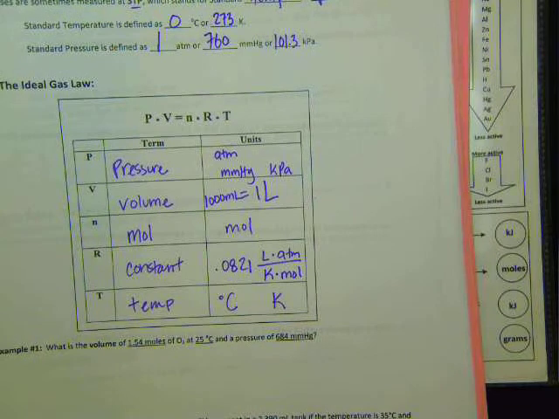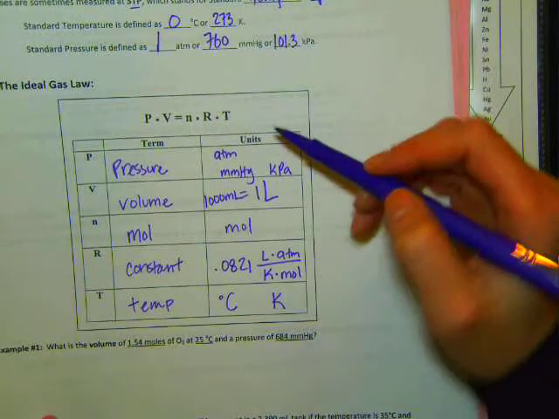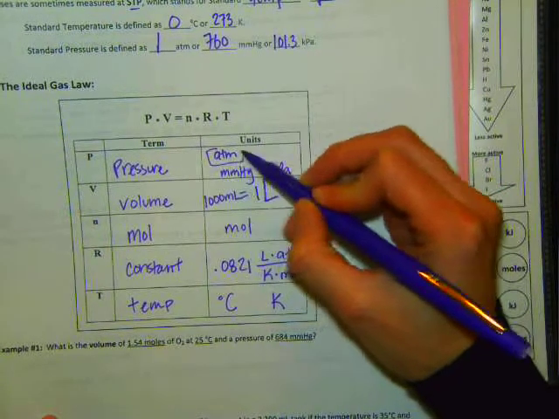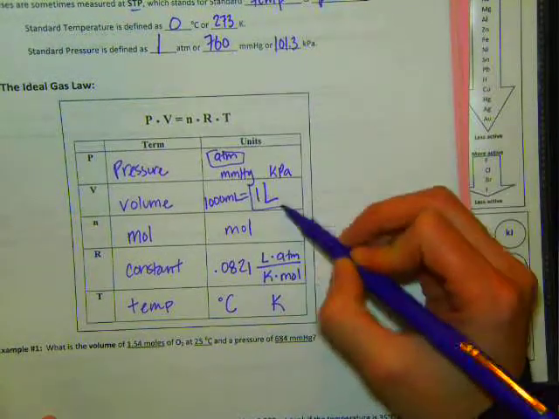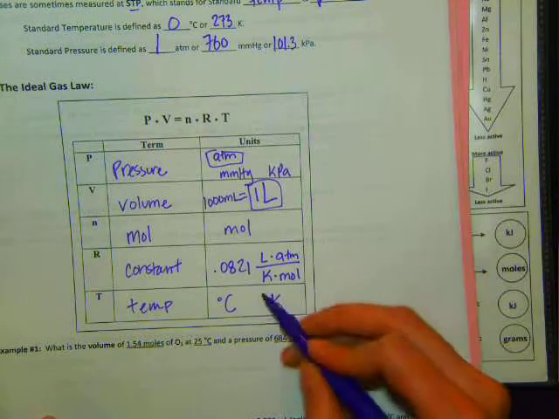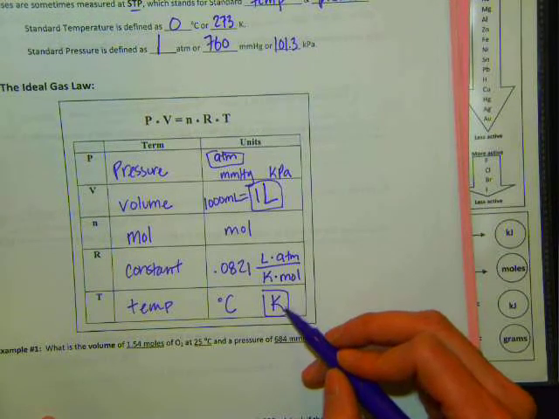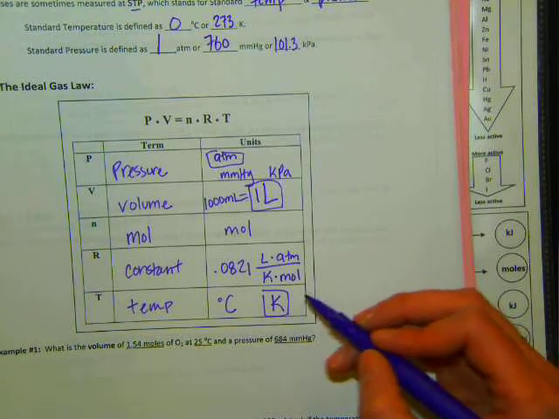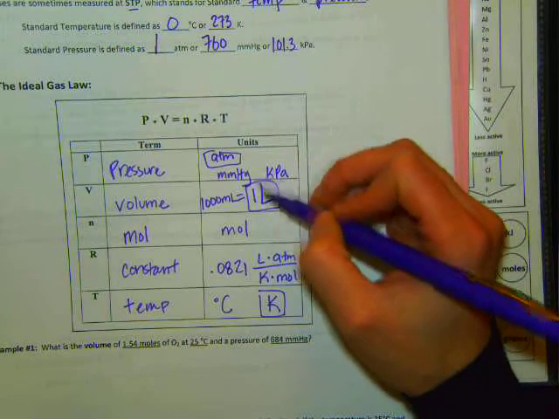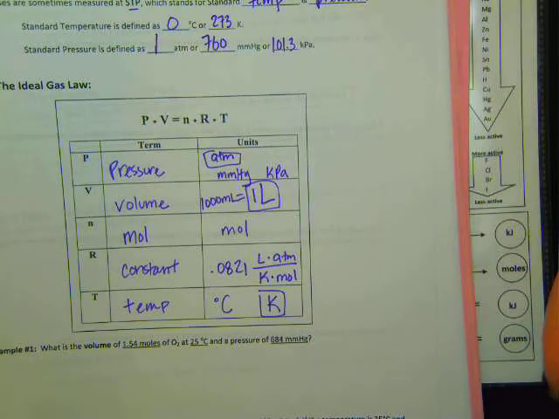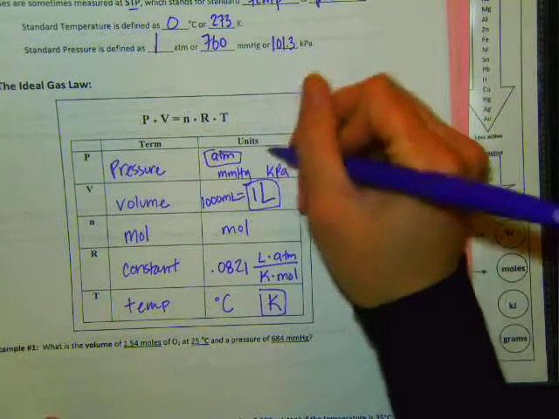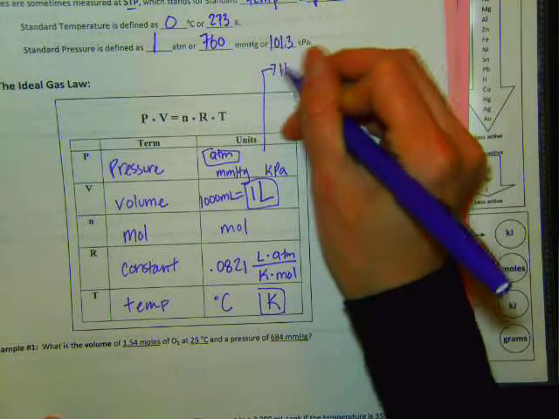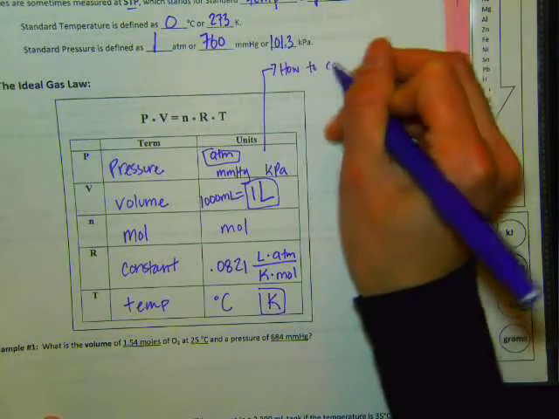So now, when you do PVnRT, you have to take 2 extra steps, right? You have to say, is my pressure in atmospheres? Is my volume in liters? And is my temperature in Kelvin? I think you guys are used to that by now. I feel like you guys are really good at that, but it's these 2 that you might need some practice remembering, okay? So I'd like you to write this down, how to convert